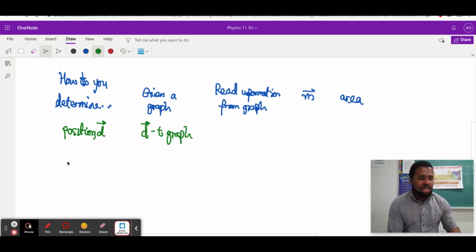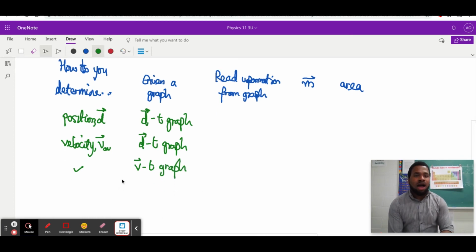Versus, on the other hand, here you're asked to find the velocity or average velocity, and you're given the position time graph, or how to determine the velocity again, but this time you're not given a position time graph, but you're given a velocity time graph,